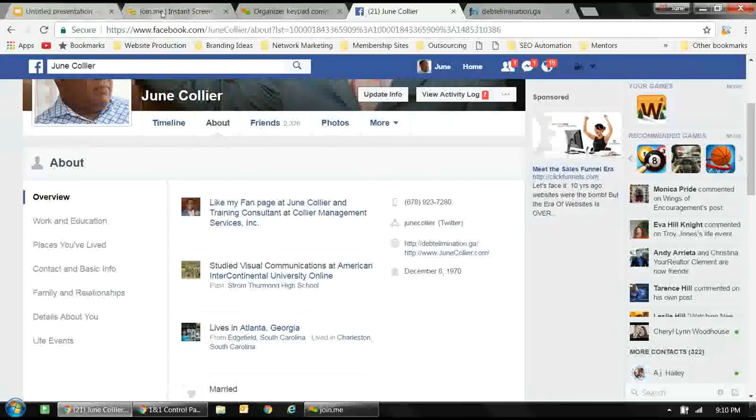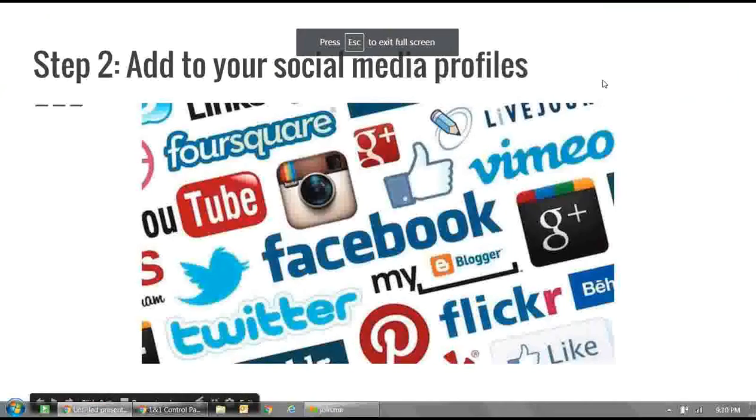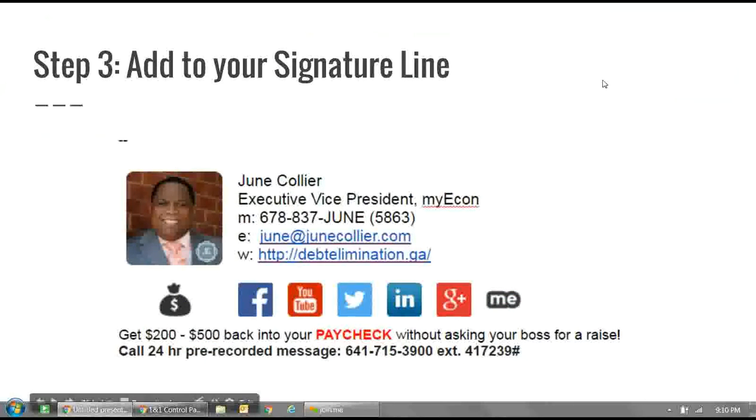All right. That was putting it on your social media profile. Let's take a look at where's the next place that we can put our links. Obviously, we can put our links in our email signature. Email signature is important. You want to make sure that you have it on your email signature. Here's a screenshot of what my email signature looks like. So every time I send out an email, it has a link on it to one of my capture pages. You see it right there,